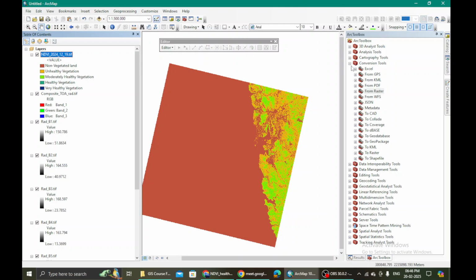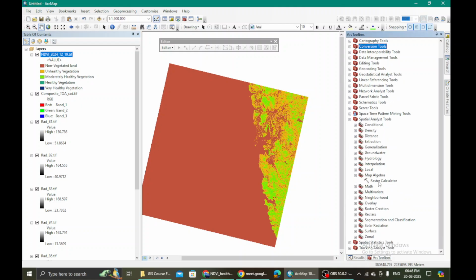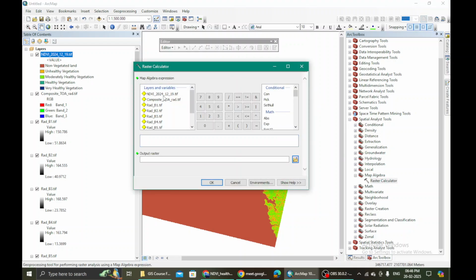I will yet again go to the Spatial Analyst tool where I have raster calculator. I go to raster calculator. I take this NDVI and multiply it by 1000. So then if I want to reduce it by 3 decimals, I'll be able to do it.